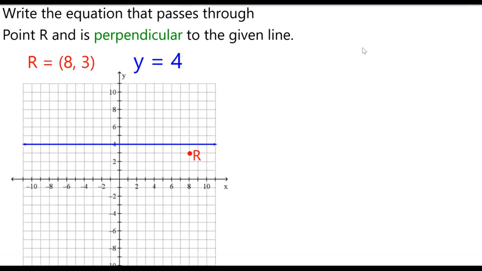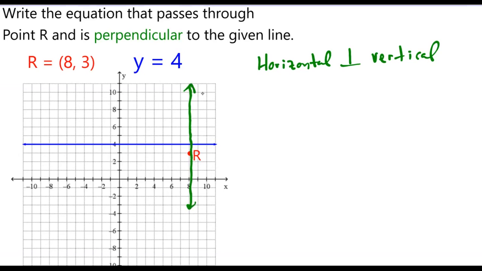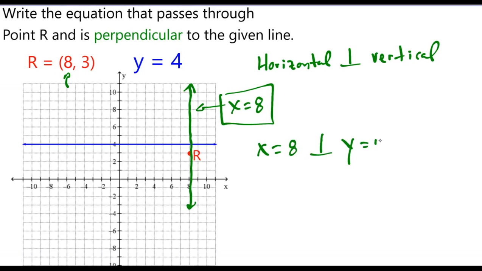Similarly, we have equations that are just y equals or just x equals. So we're dealing with horizontal or vertical lines. Horizontal is perpendicular to vertical. If we want to draw a perpendicular line through R, we should notice that it's a vertical line, so it's going to be x equals. What is the x coordinate of R? It is 8. So x equals 8 is perpendicular to y equals 4 and passes through